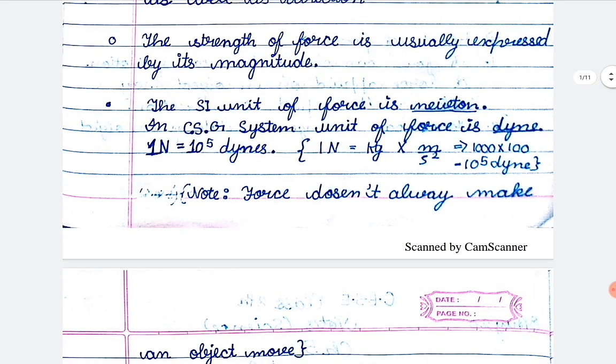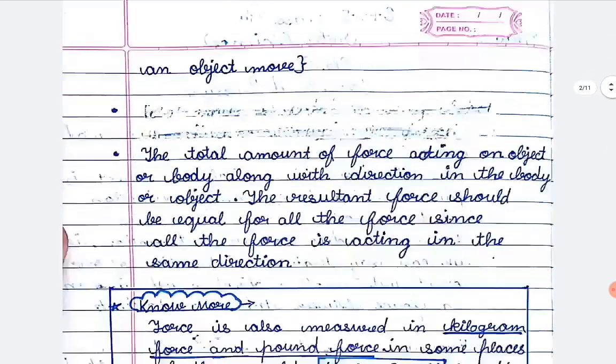And now what the CGS system is, most of us know, but if we don't know, let me tell you. In the CGS system, the unit of length is centimeter, the unit of time is second, and the unit of mass is gram. As we can see, C centimeter, S second, G gram. By its name only we can verify this.